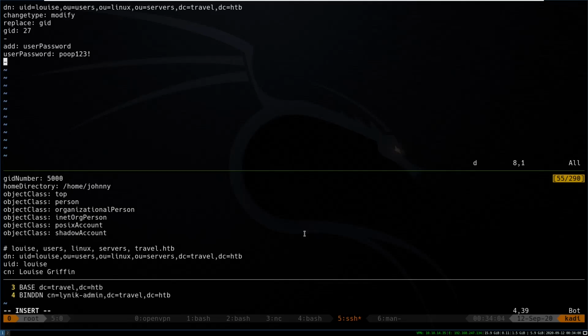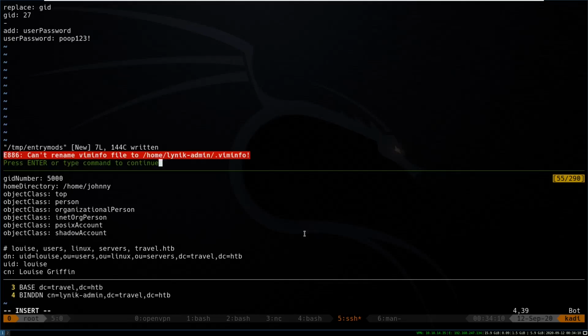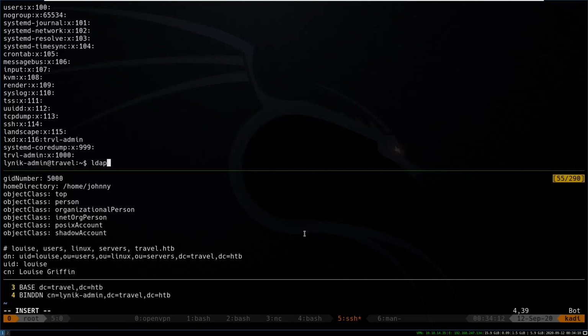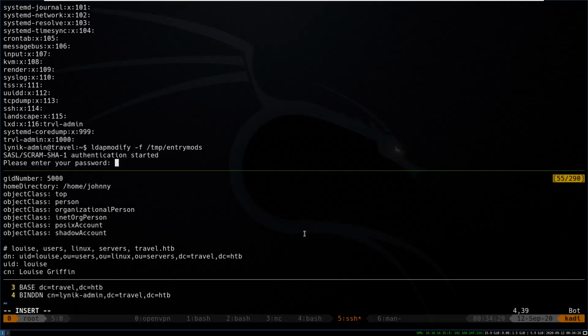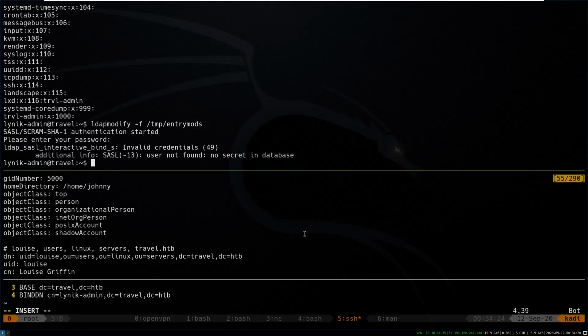And we'll see if that works. I'm not super sure that this is going to work like this. Okay, so then we ldapmodify -f temp entry mods, the road less traveled,